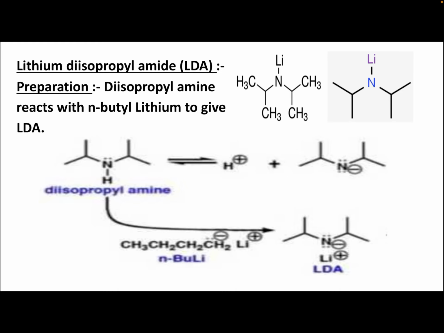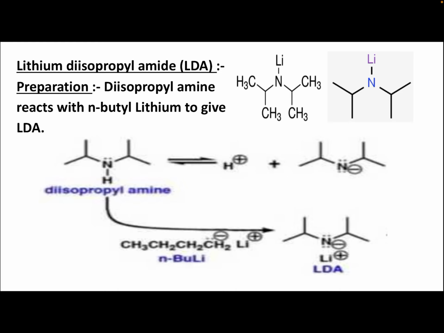Next, lithium diisopropyl amide, LDA. Is it lithium diisopropyl amide? Here you are seeing the N. NH3 is there. If NH3 is the formula of ammonia, 2 H are removed and you add an isopropyl group, CH3 CH CH3. On both sides of nitrogen there is an isopropyl group, CH3 CH CH3, and on N there is lithium. We can also indicate it by this type of structure.